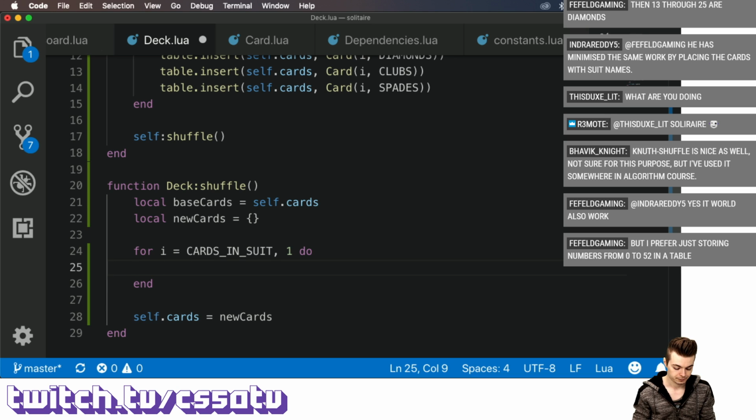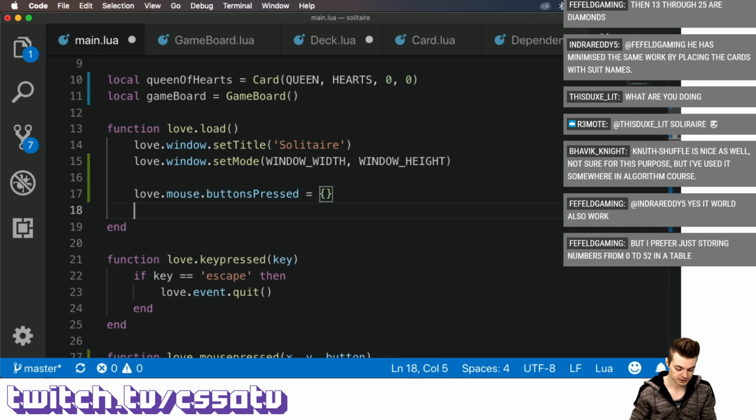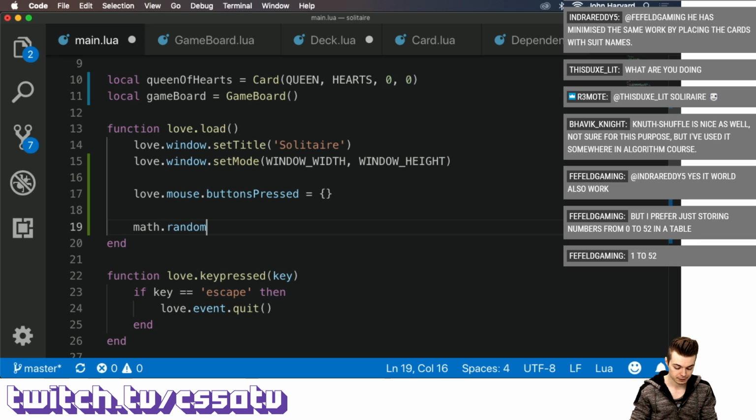Another thing we're going to need to do, if we're going to use randomization, is say math.randomseed(os.time). If you're unfamiliar with this, this is seeding our random number generator with the current time,